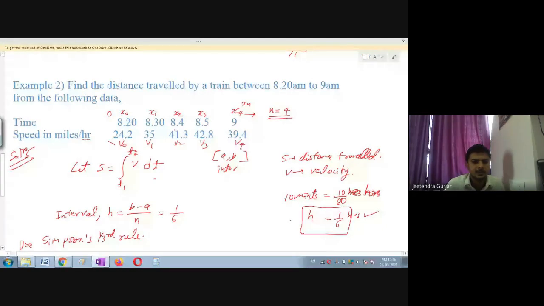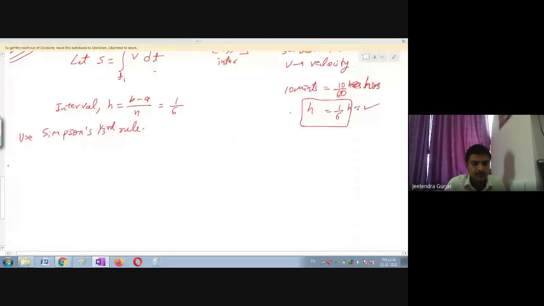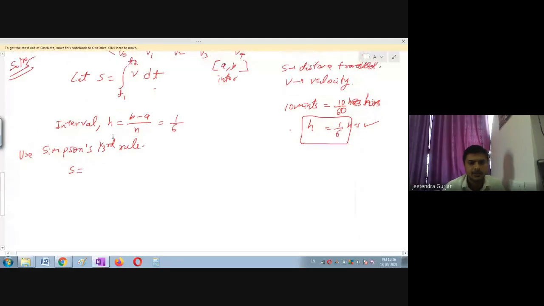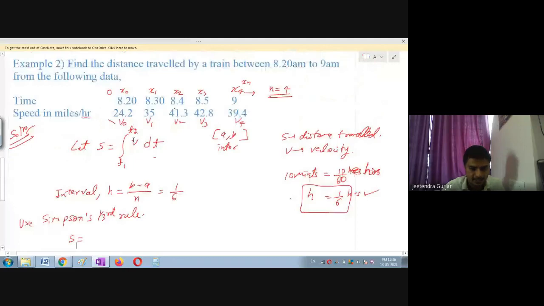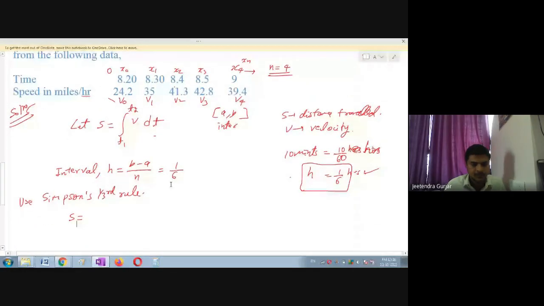Now you take Simpson's 1/3 rule. S is nothing but the integral. Already I told you I want to calculate S is equal to integral T1 to T2 V of dt. So S is equal to H upon 3, then the first and last values, V0 plus V4, add them, plus 4 times